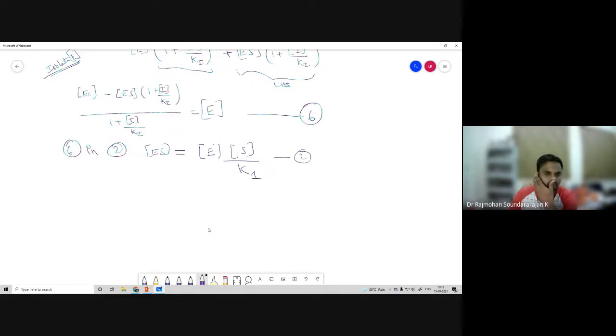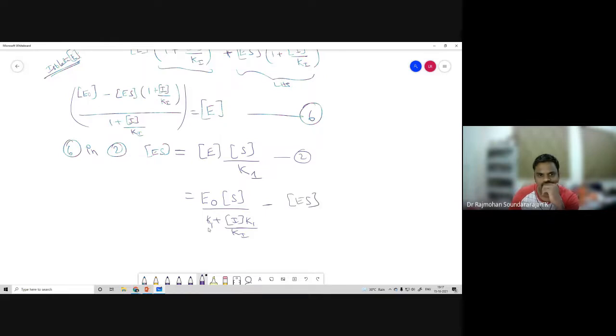This term we have to multiply by S by Ki, so ES equals E naught into S divided by 1 plus I by Ki. If you take this Ki inside, we will get Ki plus Ki by Ki. Then you have minus